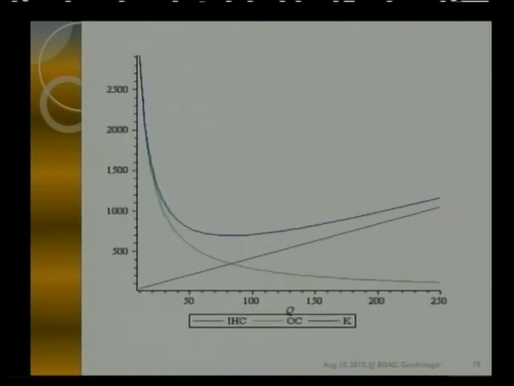And this graph represents the minimality of the given function. This is order level versus total cost. The red part represents inventory holding cost. Initially I don't have any inventory, so it will pass from 0 and it remains linear. The green shade represents ordering cost, which goes on decreasing, and the blue shade is the total cost, that is the sum of inventory holding cost and ordering cost. So look at the graph: at 83, the total cost turns out to be minimum.